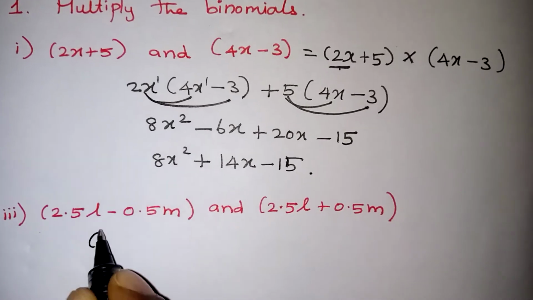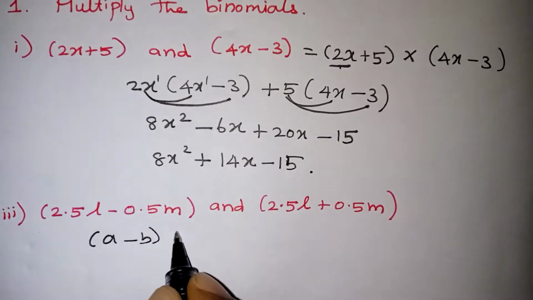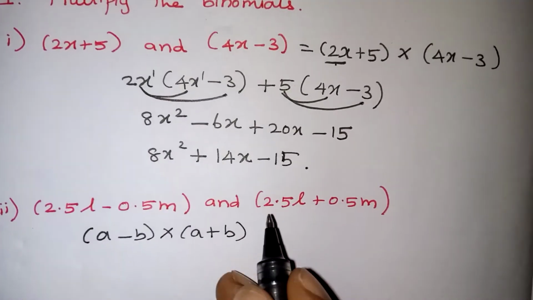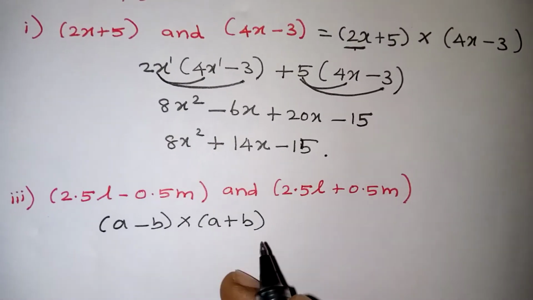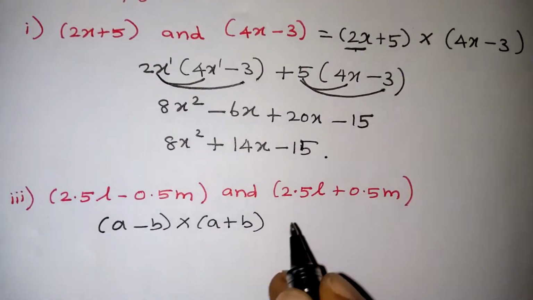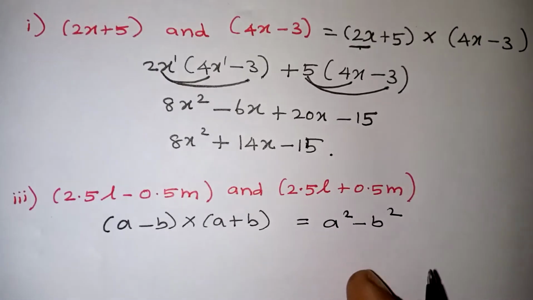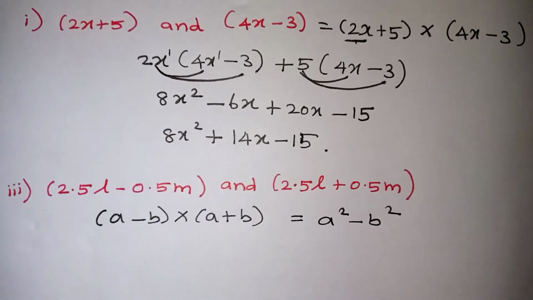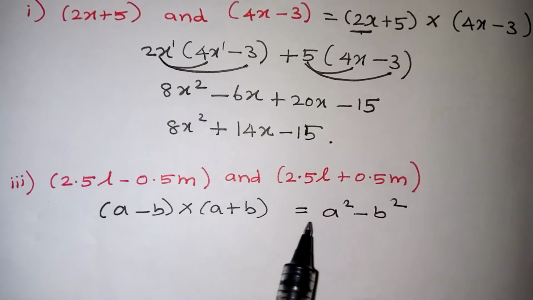So we can say that the problem is looking like a minus b is going to multiply with a plus b, because the first term is also the same and the second term is also the same. In between, the sign alone is changed. Whenever you are getting a problem like this, it can be written as a squared minus b squared. This is a formula we have in algebra, a very important formula. So whenever you are getting a term like this, a minus b into a plus b, just write it